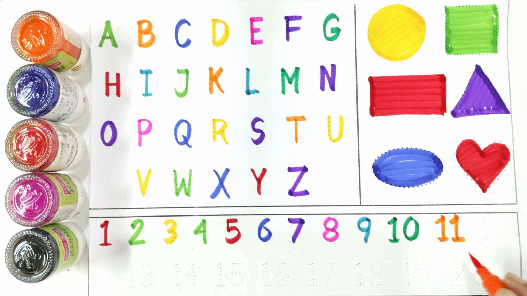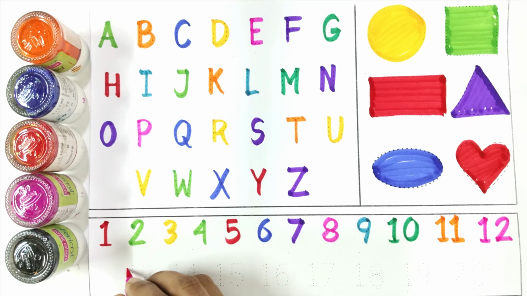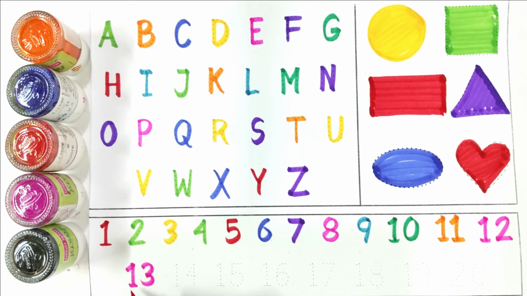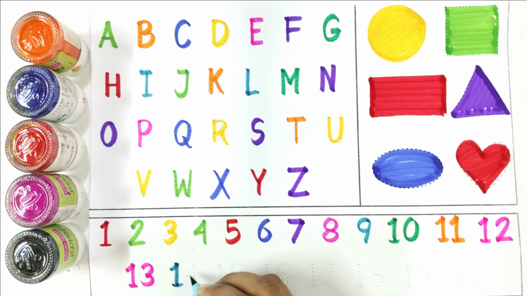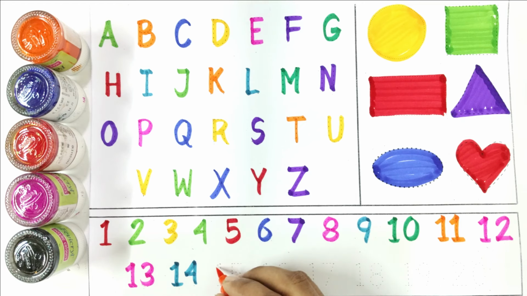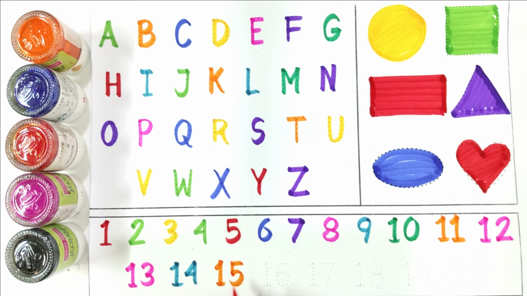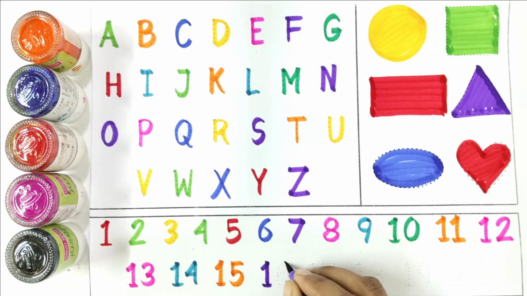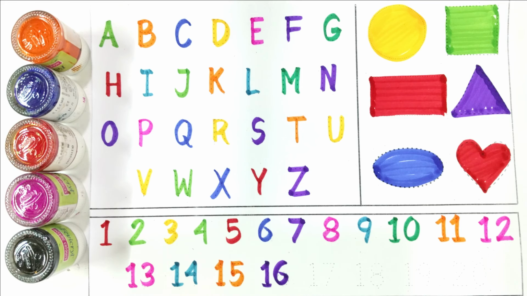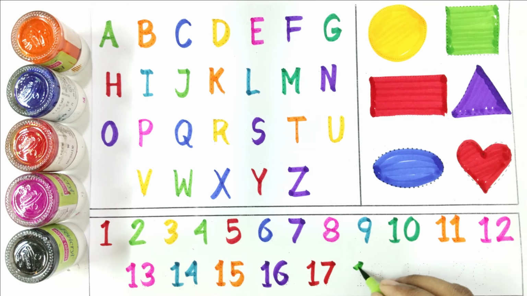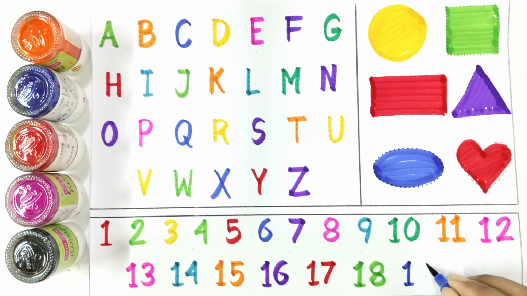1 and 1, 11, 1 and 2, 12, 1 and 3, 13, 1 and 4, 14, 1 and 5, 15, 1 and 6, 16, 1 and 7, 17, 1 and 8, 18, 1 and 9, 19, 2 and 0,